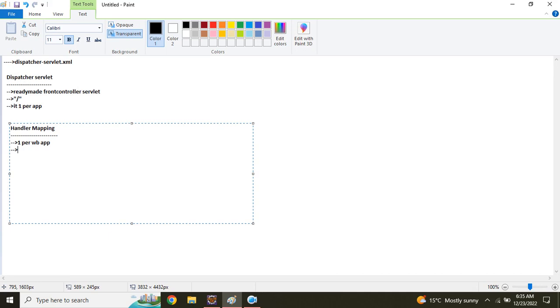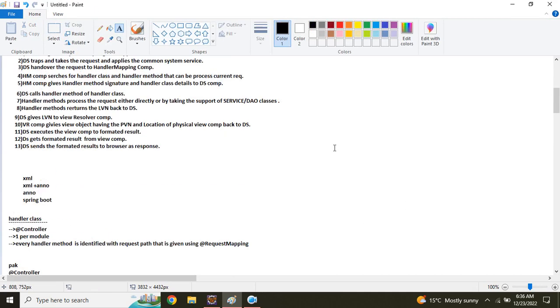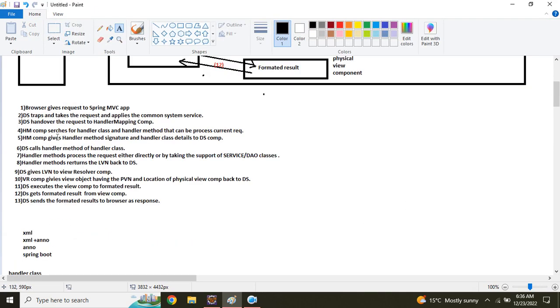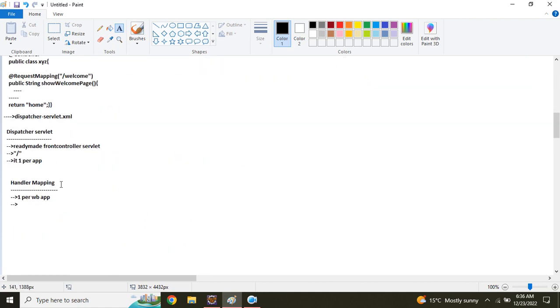I am not writing these points, they are already written there. So the dispatcher servlet hands over the request to the handler mapping component. The handler mapping component searches for the handler class method. These things only. Then next is what,